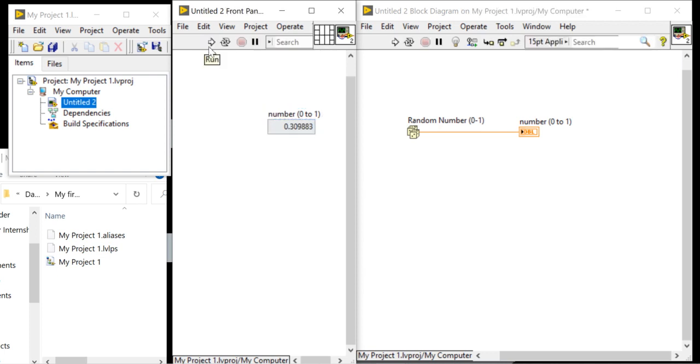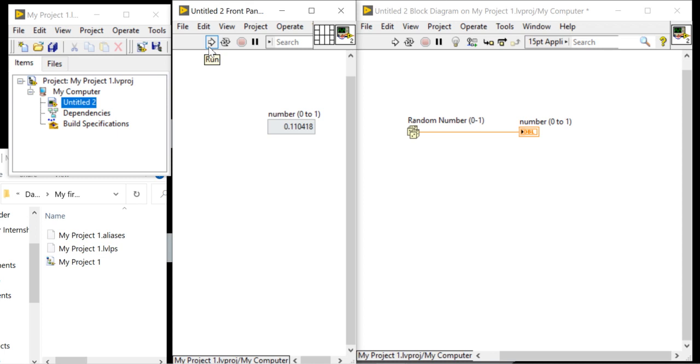Now each and every time whenever you run, you will get new data. It will generate a number between 0 and 1. The number will never equal 1 and will never go less than 0. The number will always be greater than or equal to 0 and less than 1. Now, what is the range of the number? The range of the number is 0 to 1.